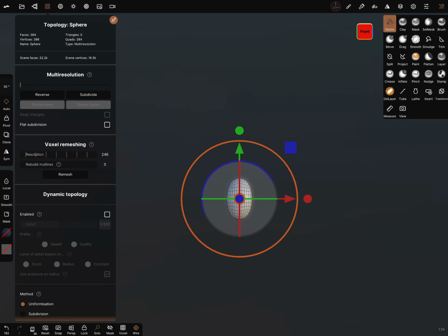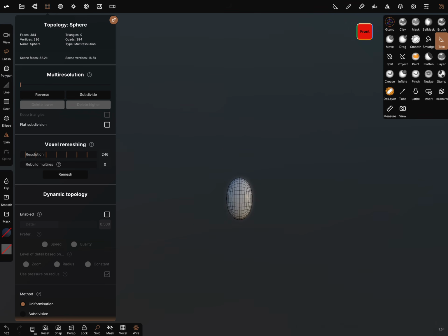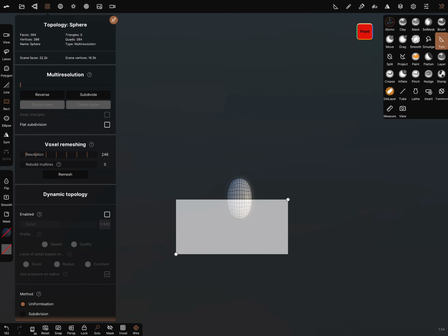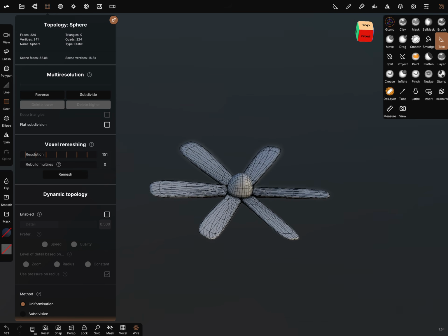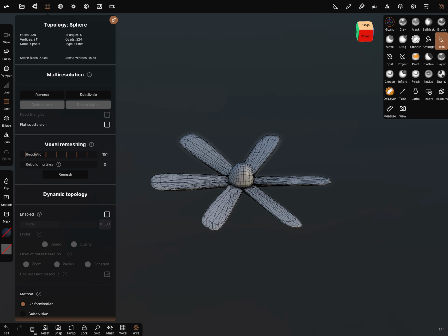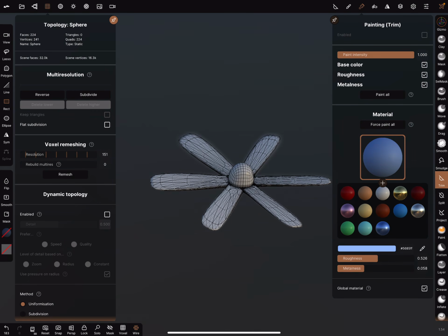Make it like this, validate it, and we can trim it. Rectangular symmetry is off, and trim it here, and make the solo view back.